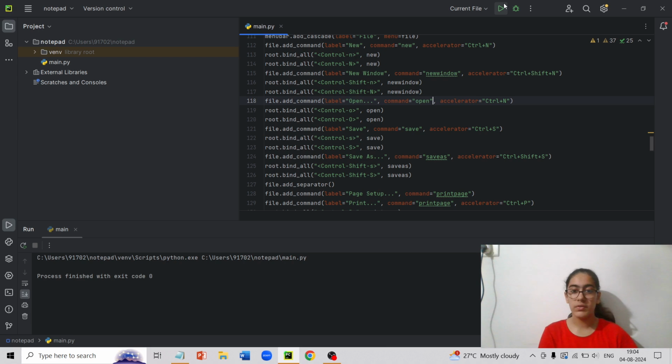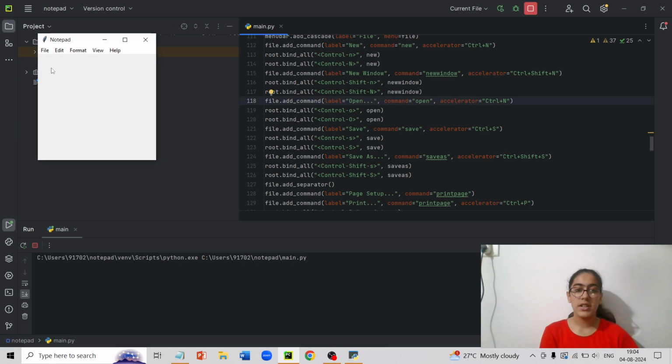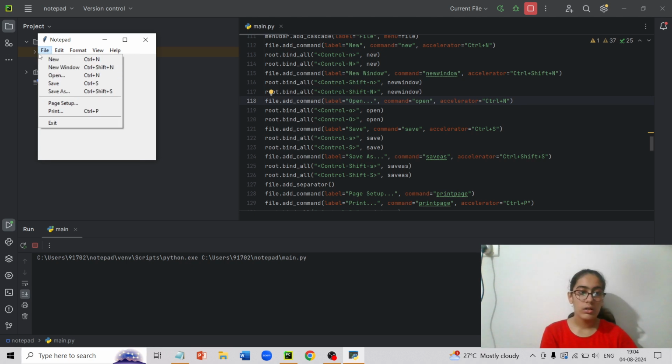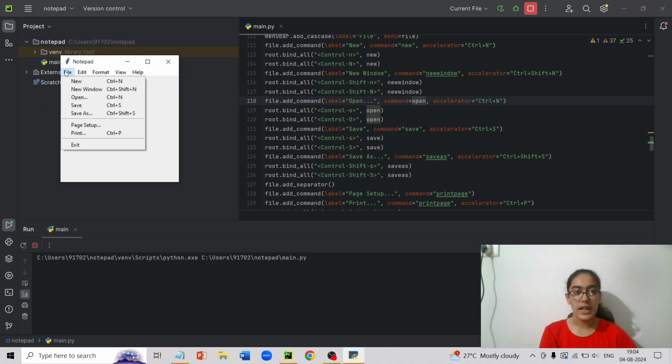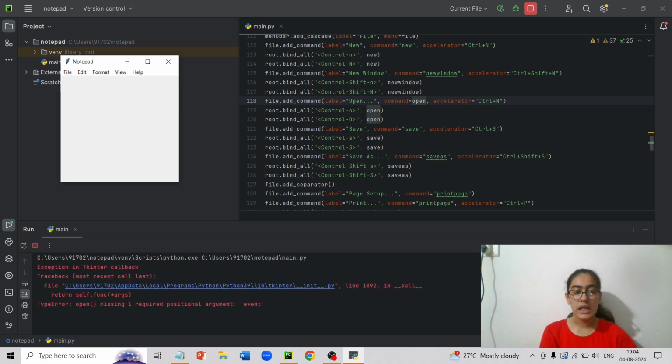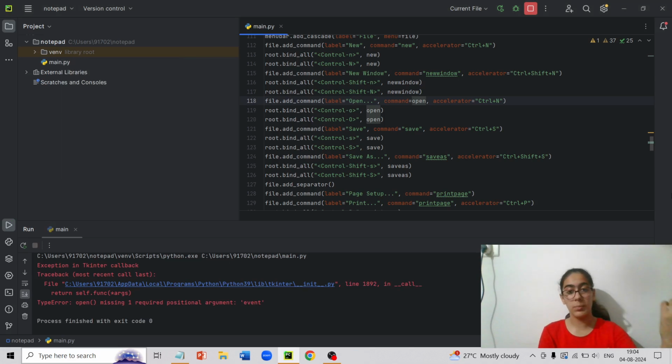But right now, if we run and then we try to open, it will show nothing because we still haven't added the functions yet. And then if we add open right now, file, open, it will show us an error because we still haven't put in the event in the command which we have put. So in my next video, I will be explaining all the functions of file and edit.